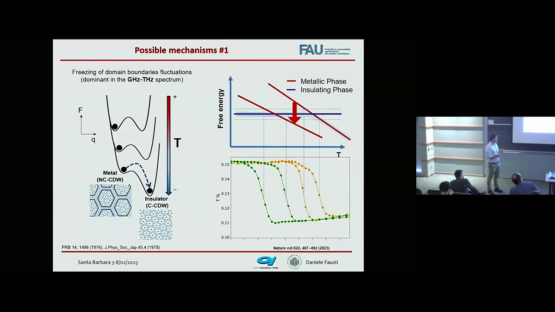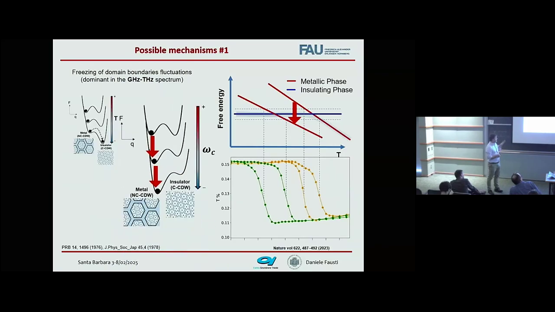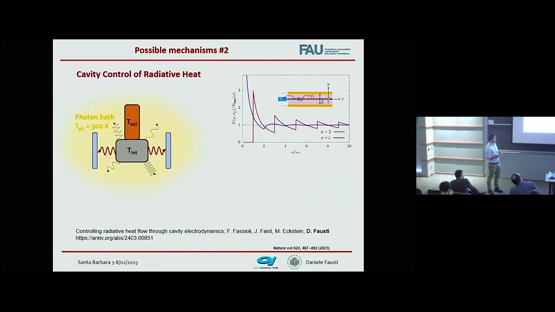So this is describing the system from the point of view of thermodynamics. On the other hand, and this is a collaboration with a few people in the crowd, there's a different way in which you can describe this kind of process. There's a more general picture in which you think about an object which is thermodynamically coupled to a photon bath as an object which is subject to a certain radiative heat load, which comes from the photon bath.